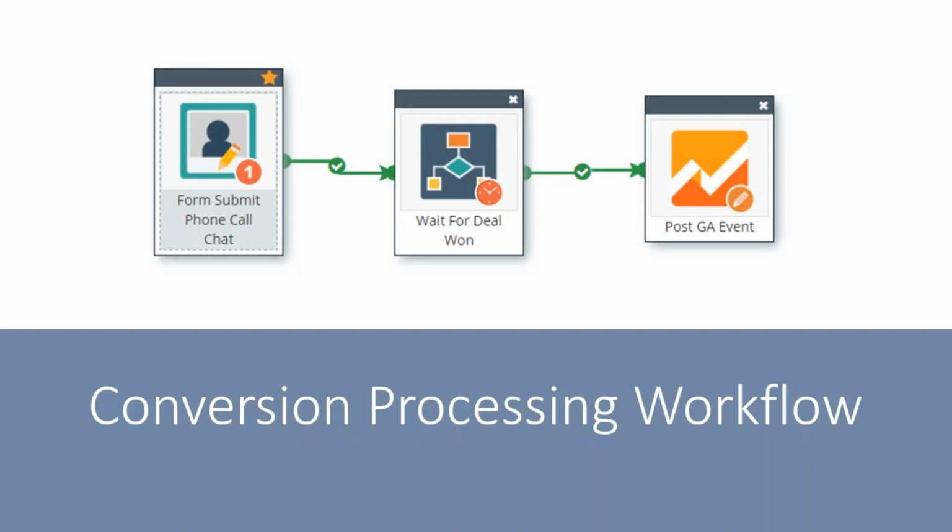And then basically there's a wait step, waiting for a new deal, because the lead will be pushed to the salespeople, who will engage with the prospect. Alternatively, if it's done through e-commerce, it's really waiting for the deal to be closed. And when the deal is closed, it posts back to ActiveDEMAND as a deal won. And at this time, because ActiveDEMAND's sitting there in that wait state with the GCL ID,